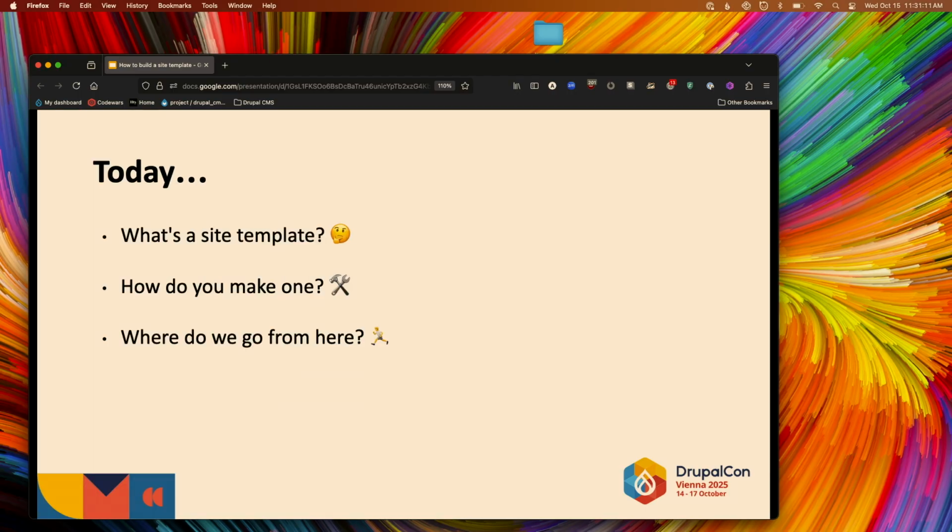And today, site templates. What are they? Why are they? How do you make one? It's surprisingly less technical than I thought it was going to be when I submitted this session. And what the future holds, where we're going to go from here with this. So before I get into the nitty-gritty,